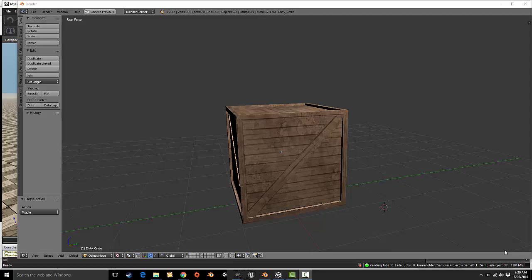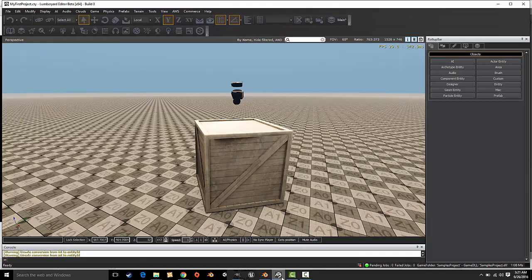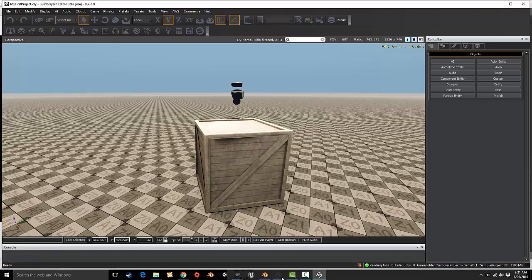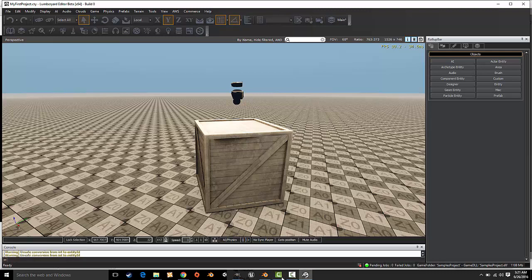Hello, this is My Gaming Life, and today I'm going to show you how very simply to import a FBX model from Blender to Amazon Lumberyard. Now, Amazon Lumberyard is a new game engine released by Amazon, of course, and I've just started to use